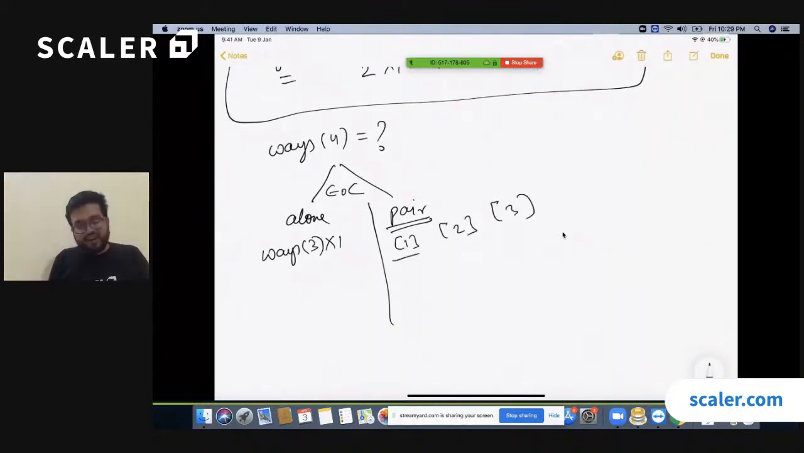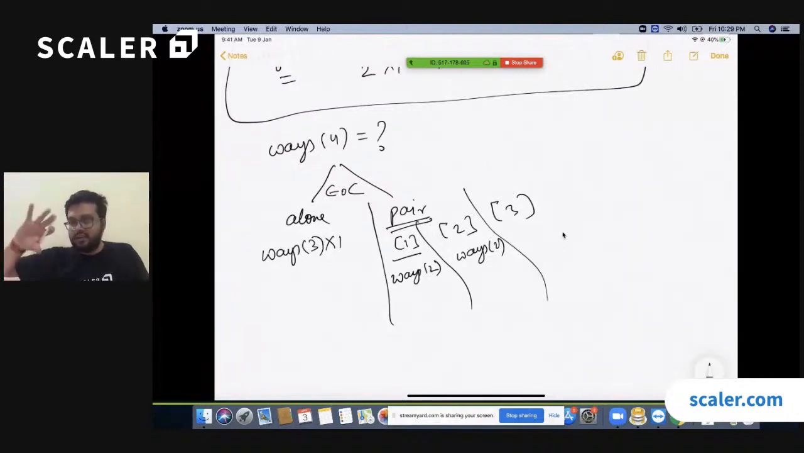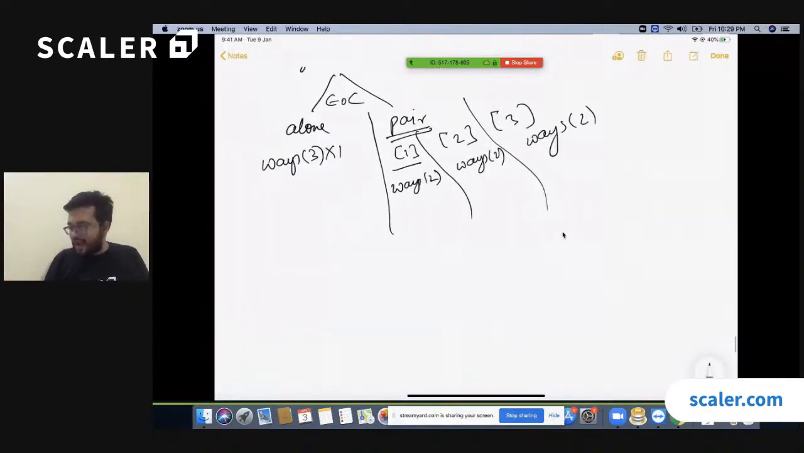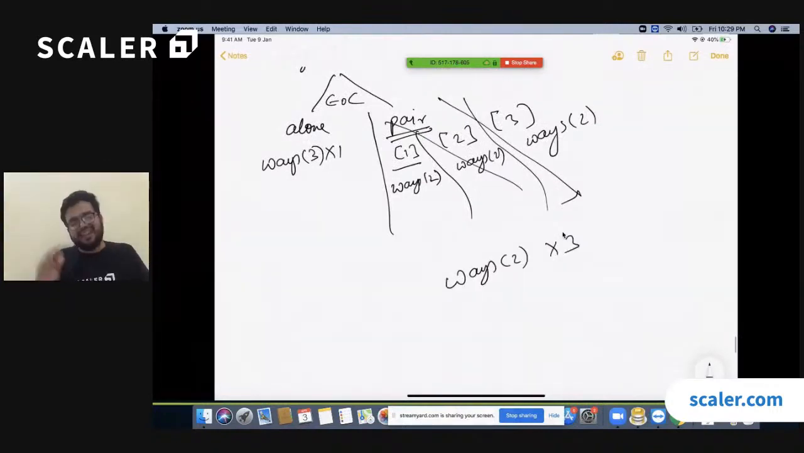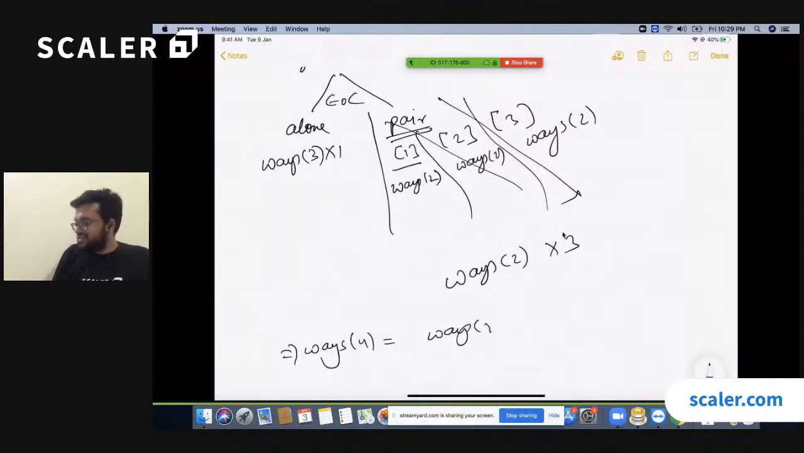If he pairs up with the first person, the first person is gone, the fourth person is gone, 2 people are remaining in the party. They will enjoy the party in ways 2 ways. What if he pairs up with the second person? Again, ways 2 ways, because 2 persons in the party are remaining. If he partners up with the third, again ways 2. So what is essentially happening? You are multiplying ways 2 with nothing but 3, because there are 3 people in the party apart from the fourth person. So for ways 4, my value would be ways 3 multiplied by 1 plus ways 2